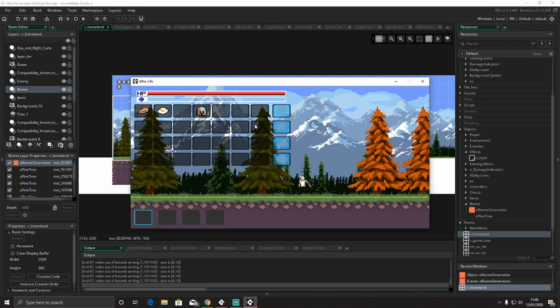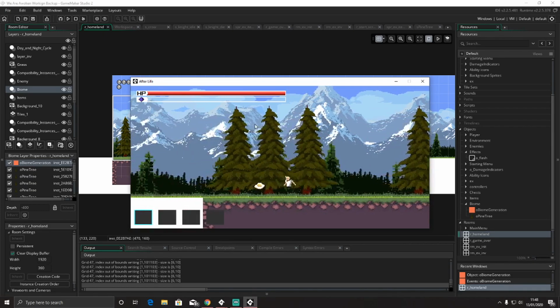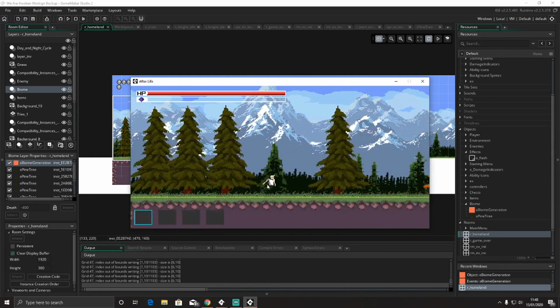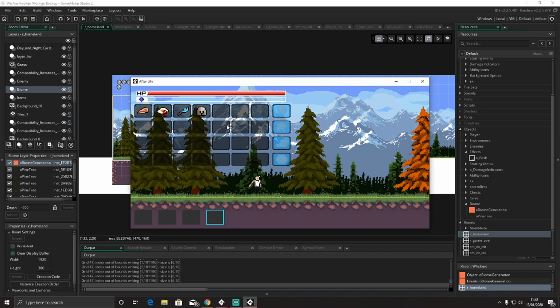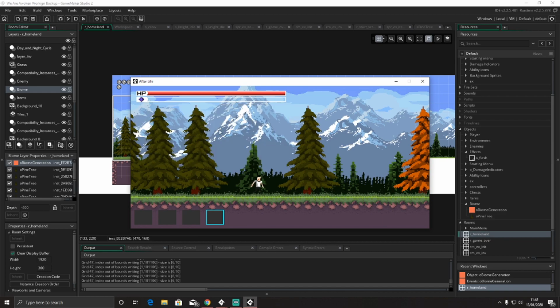Now I want to change the sort of UI. So this basically means, let me just stand here a minute. This inventory at the bottom here that you can use the numbers to decide where you've got it selected and whatnot looks really ugly. Also, this doesn't look the best, but I will change this in another video because this actually takes a very long time to make work. But I'll try and change this, and I'll also try and change the HP and this mark. In addition to that,